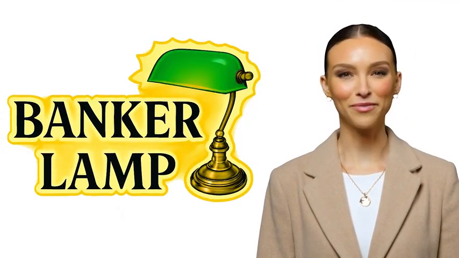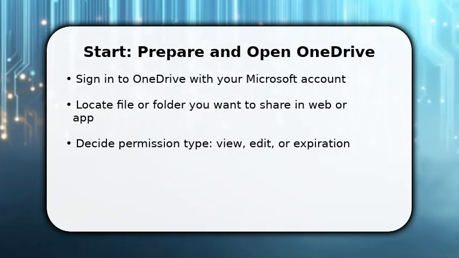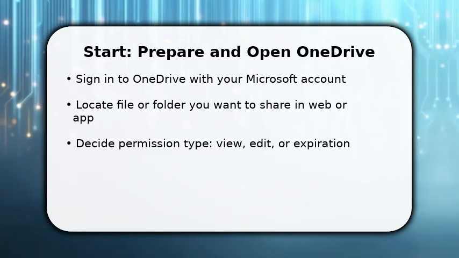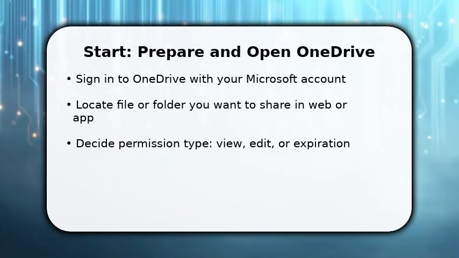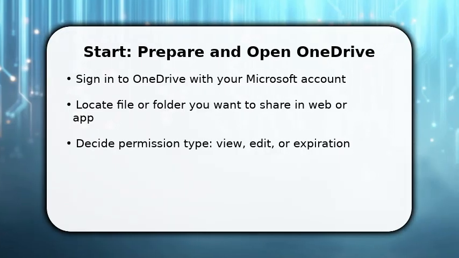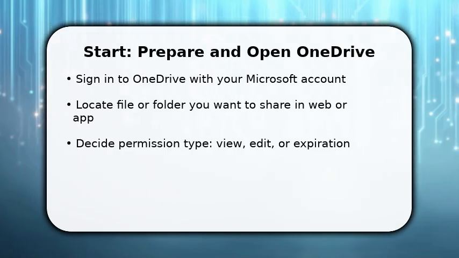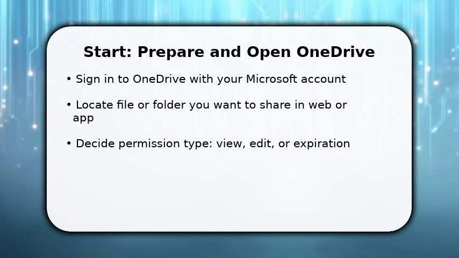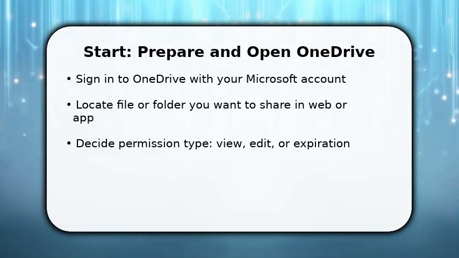Please enjoy the video. You're signed in and ready. Open OneDrive in the web or the app and find the file or folder to share. Once located, pause and choose the permission model, view only, edit, or set an expiration date, because permissions control access and reduce risk. Make sure you know whether recipients need Microsoft accounts, since some links allow anyone with the link while others require sign-in. Now, right-click or tap the share icon to begin creating the shareable link and move to